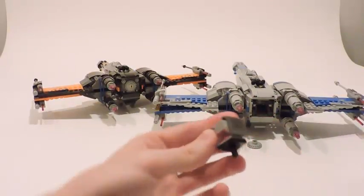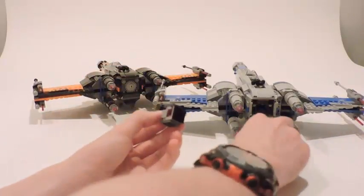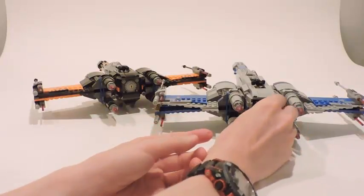Here we go. And so you can pull it out from the back, and as you can see, it's a little control panel or whatever. It's like a little mini build. It's a pretty cool build. It's okay. I guess you could make it look like the inside here was blown up, because